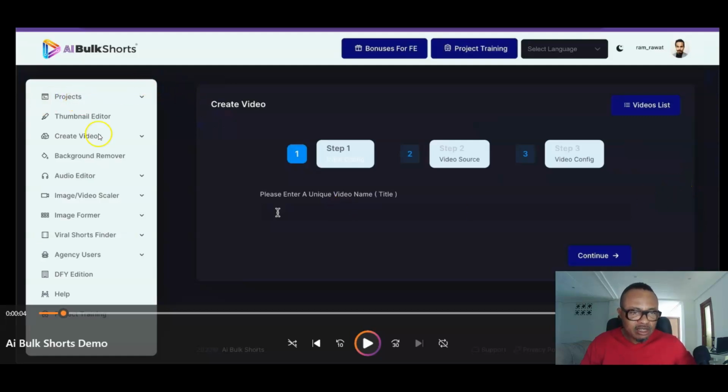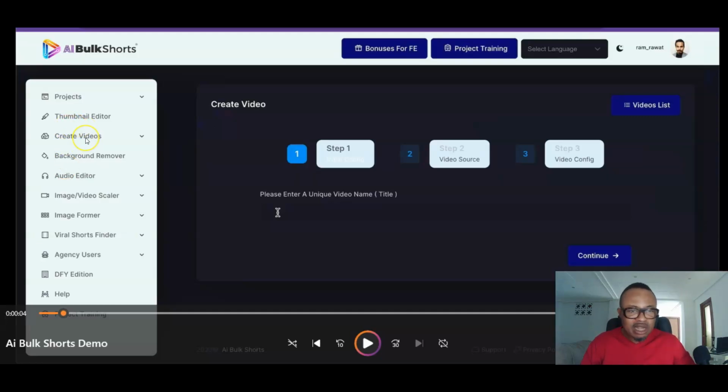Here you have the project, you have the thumbnail editor to announce yourself, because thumbnails are so important, because that's exactly what hooks your audience, where they actually see the line of what you are trying to promote or what you are trying to render as a service. And when that thumbnail is good, definitely you will attract the eyeballs that will get the clicks to actually patronize whatever good service you are offering.